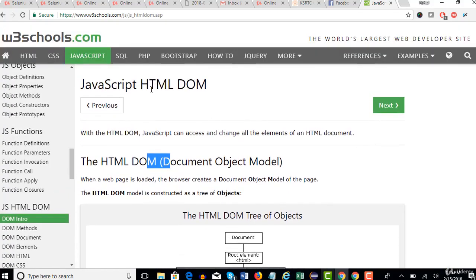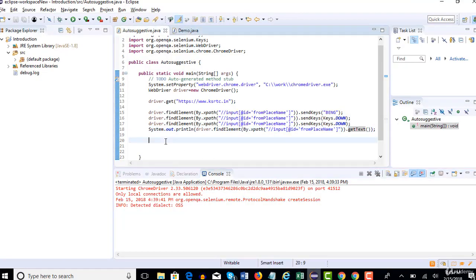So using the JavaScript HTML DOM, you can extract all the hidden elements from your web page. Let me write this: HTML JavaScript DOM can extract hidden element.